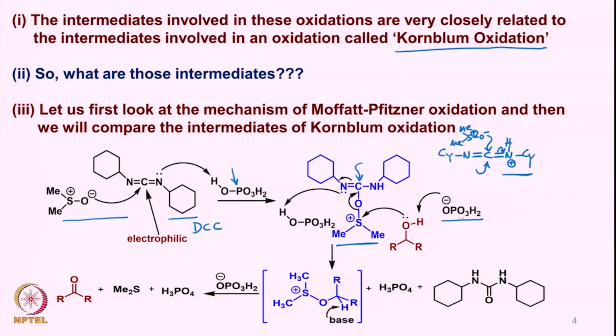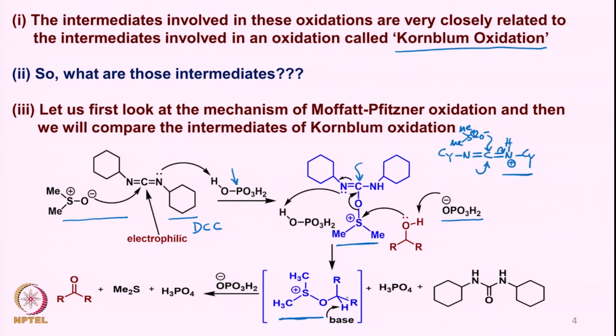So you have the dihydrogen phosphate anion that picks up the proton from here, and the negative charge of the oxygen from the alcohol then reacts with the sulfur, and then this bond breaks. Thereby the phosphoric acid is again regenerated by the abstraction of this particular proton, and of course the nucleophilicity of the alcohol becomes larger, and that leads to this particular intermediate, and this intermediate, as was proposed earlier,